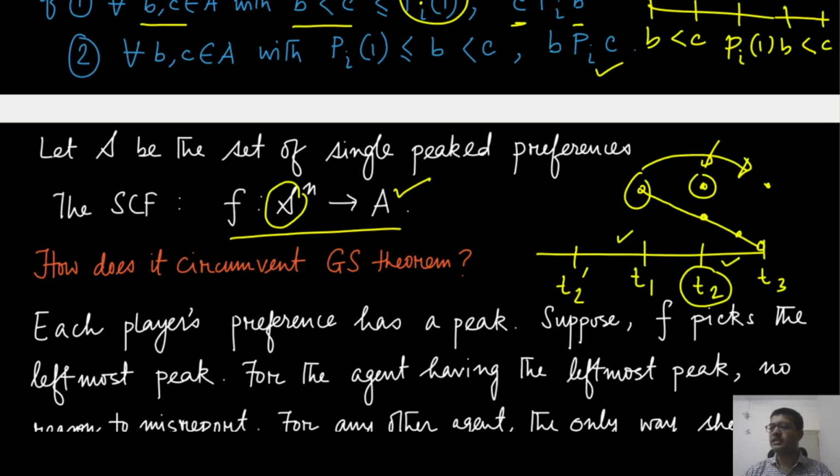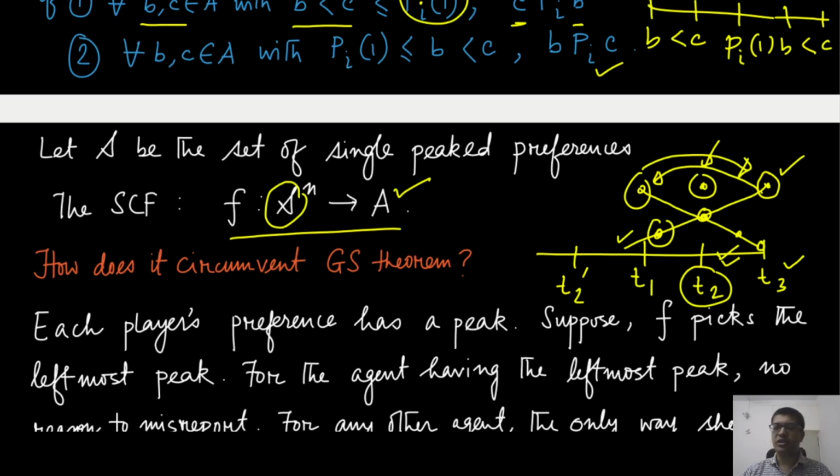And you can see that the same implication is true for player 3 as well. If player 3 has to change the outcome, it has to change the median. Therefore it has to report a preference peak which is smaller than T2, and because of the single peak preference, this player likes that outcome much less than what is happening currently. Player 3 is one who likes a hotter temperature, and any colder temperature is worse for him.